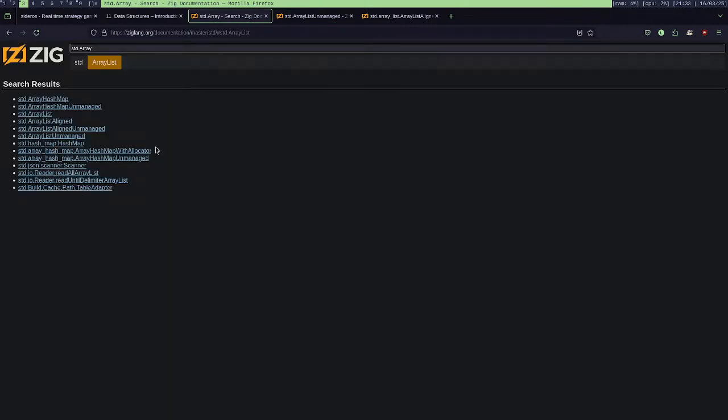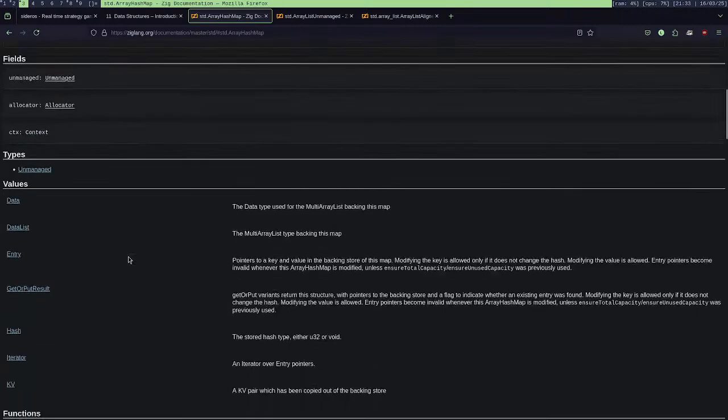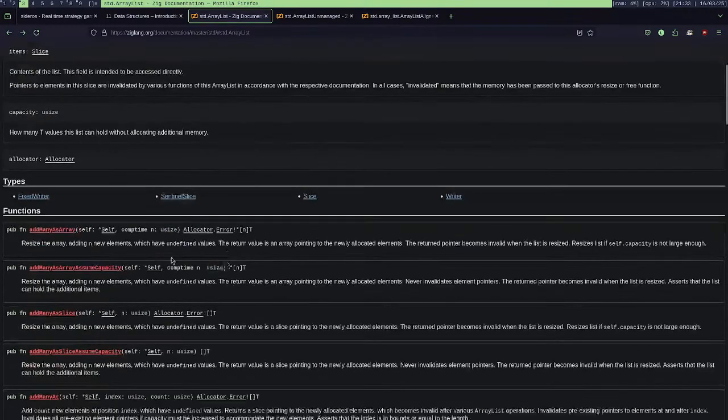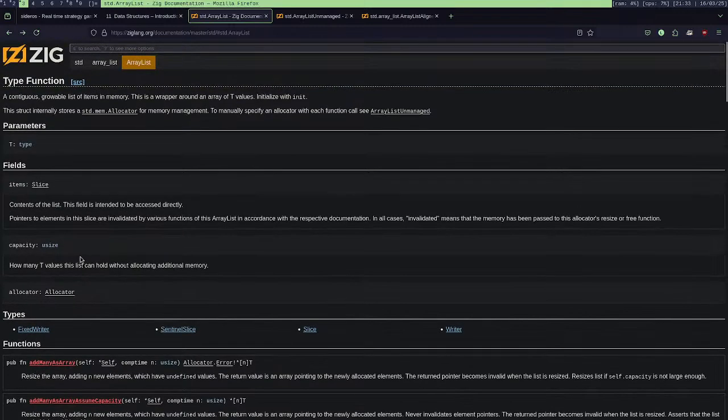Well, I guess I will have to use a simple array. An array hash map? I don't need a hash map. Really, I don't need a hash map, so that's why. Well, okay, I will use a regular array for this.